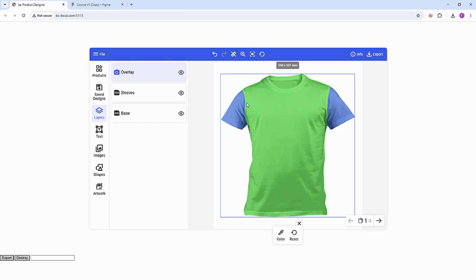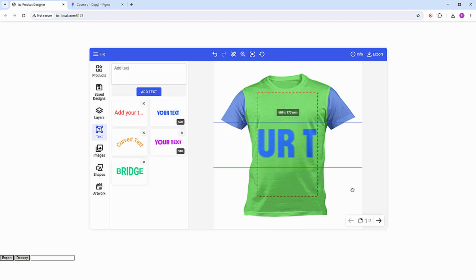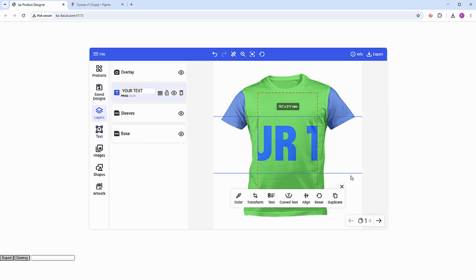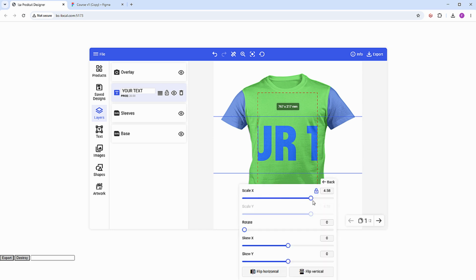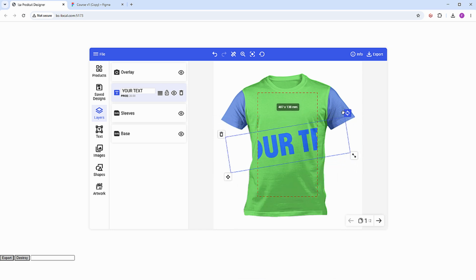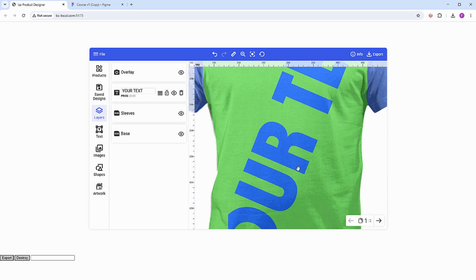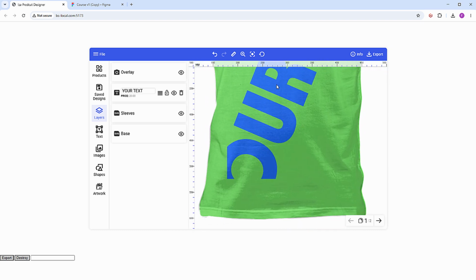Also this is useful because we can add, for example, let's add the text here. Let's make it bigger. Let's go into layers. That's too big. Let's make it like this. Now if you look closely over the text, you will see the text has the shading as well, because the layer is under the overlay. So if I disable this, see that it looks completely different. Also if I add it on top of the overlay,